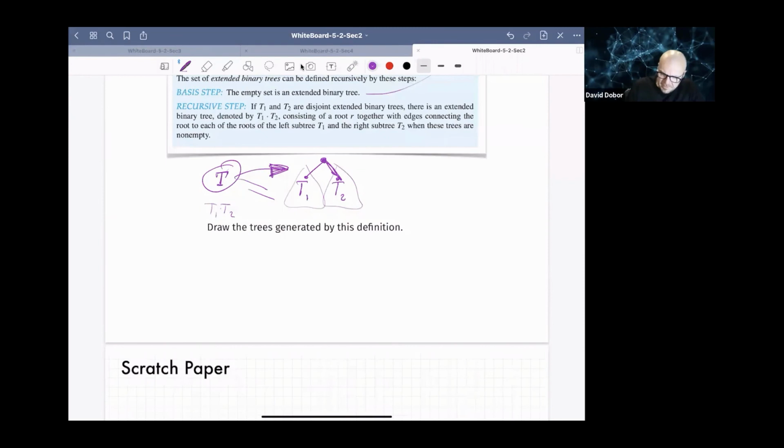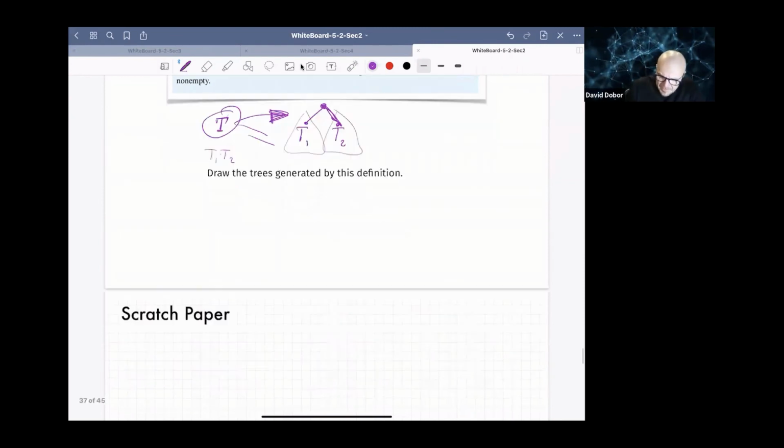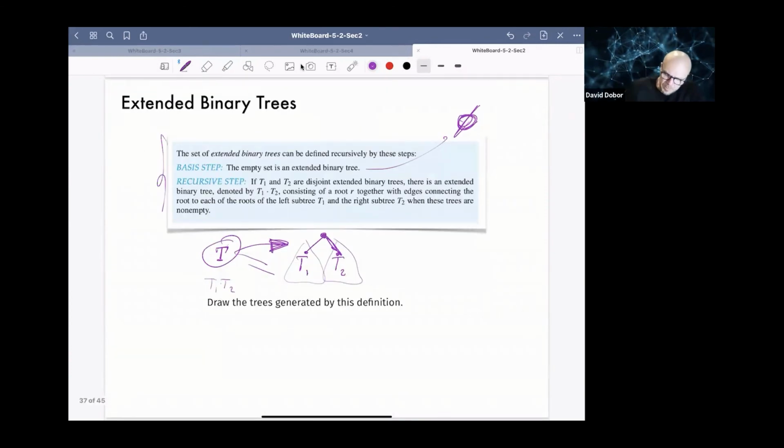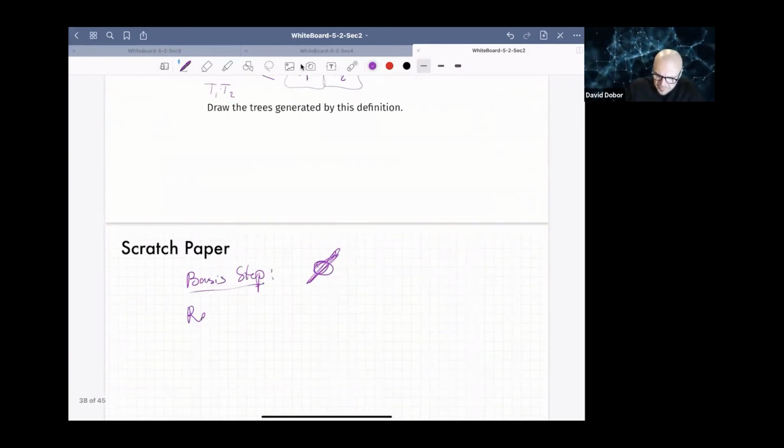Now let's see what's going on. So the basis step only generates, it's not very informative. Well, it's a step that generates nothing. So this symbol represents an empty tree. That's a tree. Now, the inductive step, the recursive step. I hope it didn't put, well, I copied this from the book, so it should be correct. So the recursive step